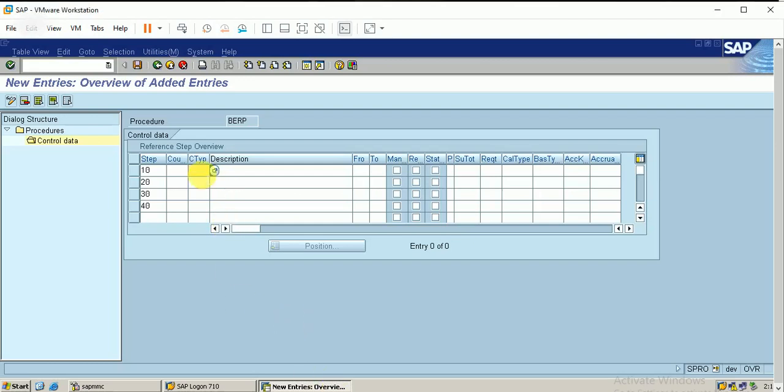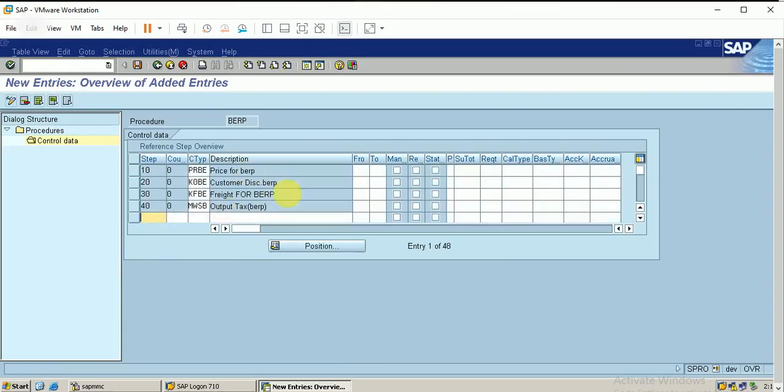I just enter the first condition type, that is PRBE. The second is K0BE. KFBE. The tax, that is MWSB. Just click on enter.